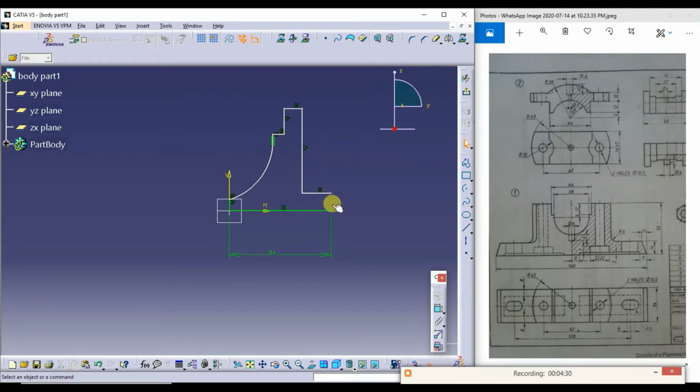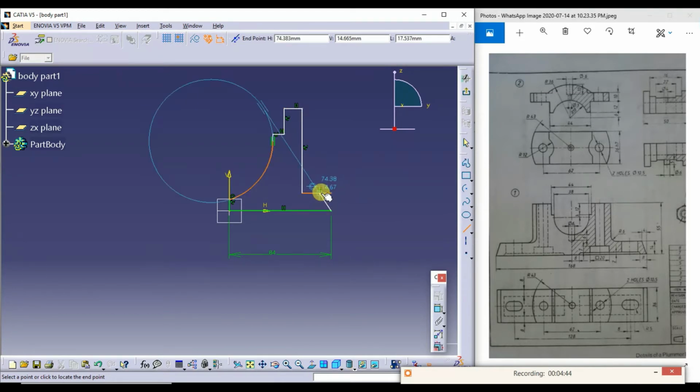So I'll delete this. There is this kind of shape here. What I do, I'll zoom this a little bit.